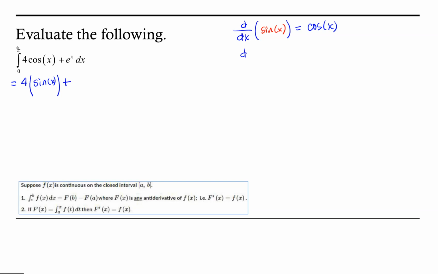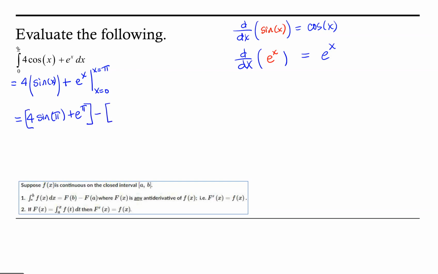plus, and now we ask ourselves, what function has a derivative which is e to the x? Well, the function whose derivative is e to the x is e to the x. So we've got 4 sine of x plus e to the x. And we're going to evaluate that between x equals 0 at the lower limit and x equals pi as our upper limit. So substituting pi into our antiderivative, we get 4 times sine of pi plus e to the pi